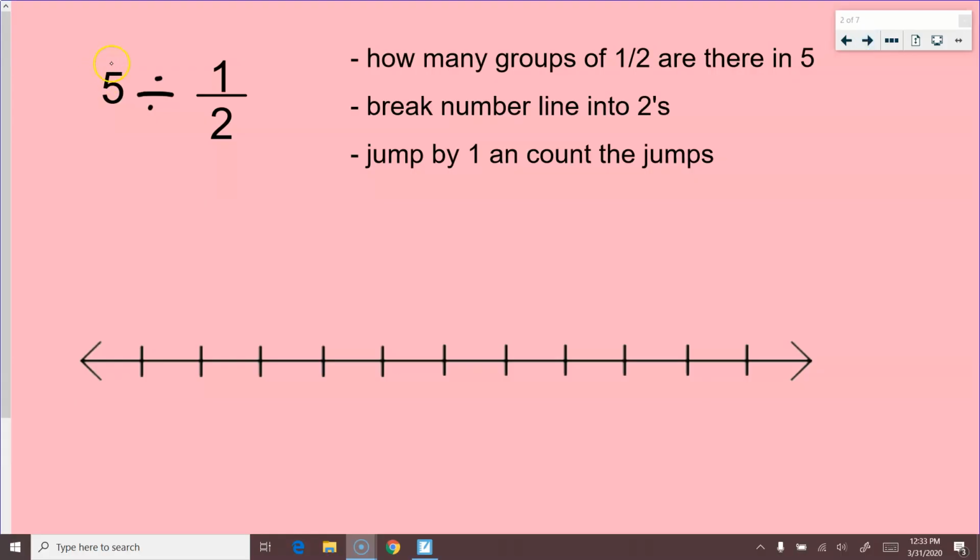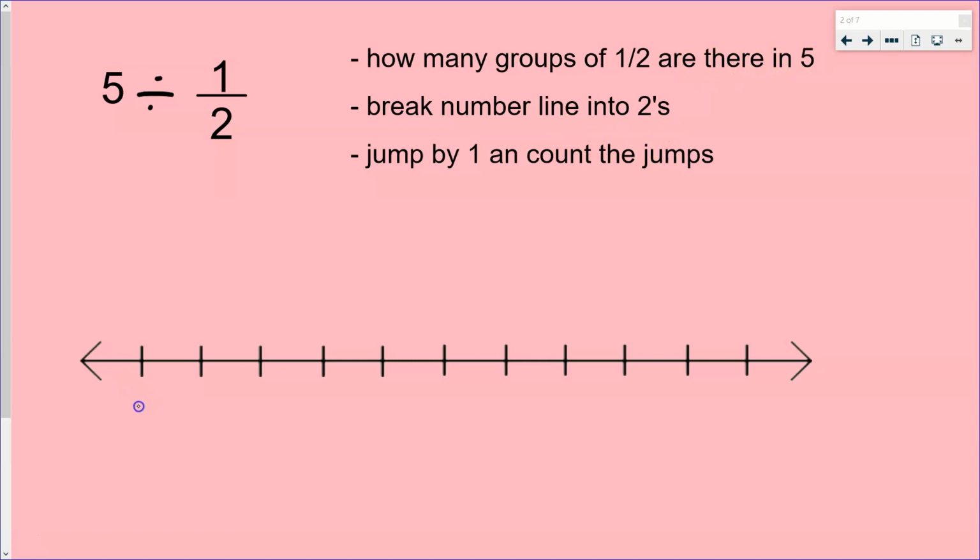So here's a division question right here. 5 divided by 1/2. So basically what this is saying is how many groups of 1/2 are there in 5? So we're going to break the number line into 2s. Okay, so I'm going to put 0 here. 1,